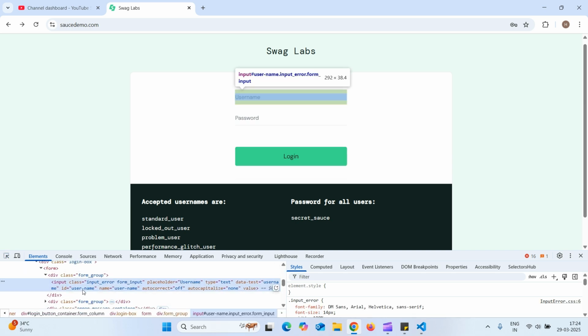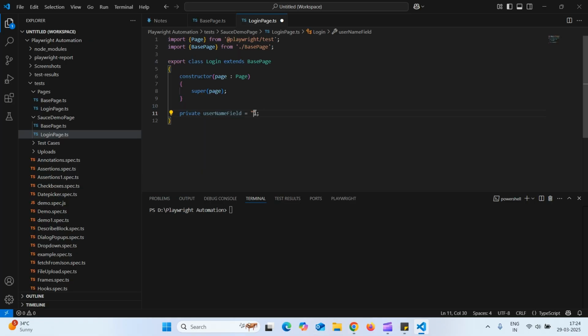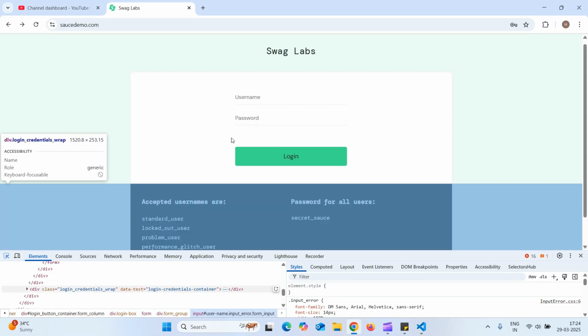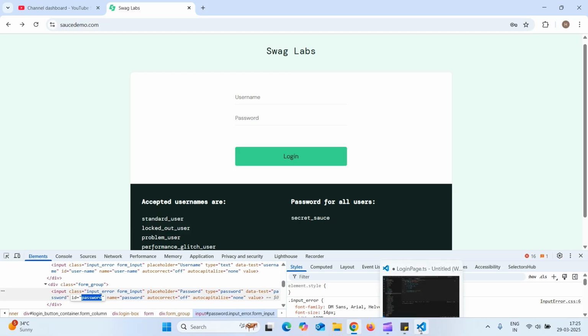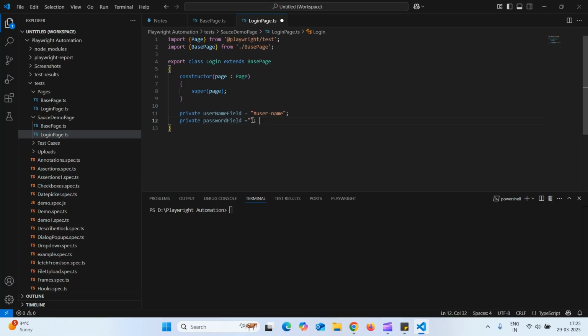So the locator is, we have id, so I will take id. So I will use css selector hash id name. So next username is done. Password, private password field is equal to, I'll inspect password. Password is ID, hash ID. Now we'll inspect login button,